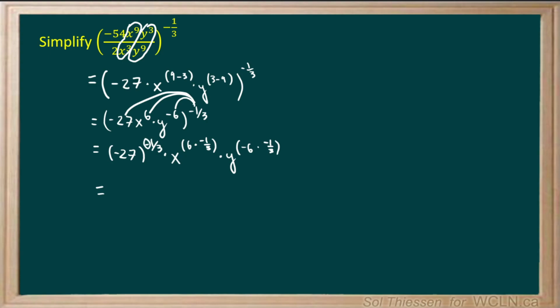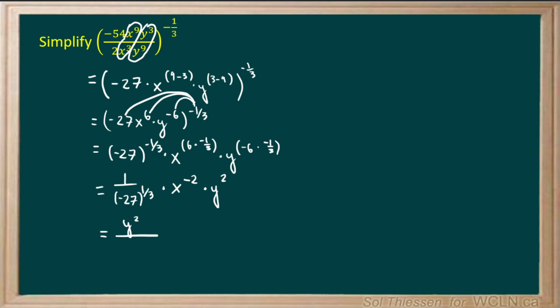So the negative in the exponent on negative 27 means that we have to take the reciprocal of negative 27. So we'll put 1 over negative 27 raised to the power of positive 1/3. Now for our x variable, 6 times negative 1/3 is equal to negative 2, so we'll have x to the negative 2, and negative 6 times negative 1/3 is positive 2, so we'll have y to the power of positive 2, which means that that y variable is going to stay in the numerator. So we're going to end up with y squared